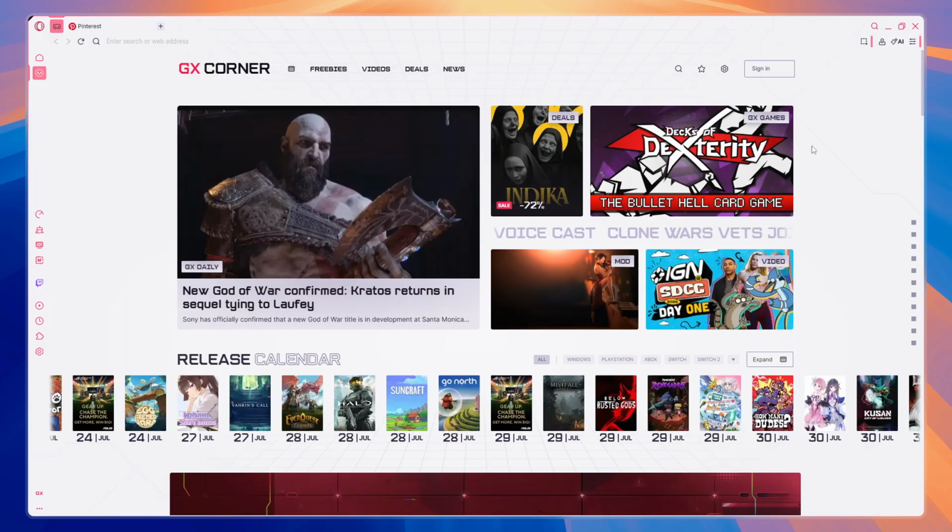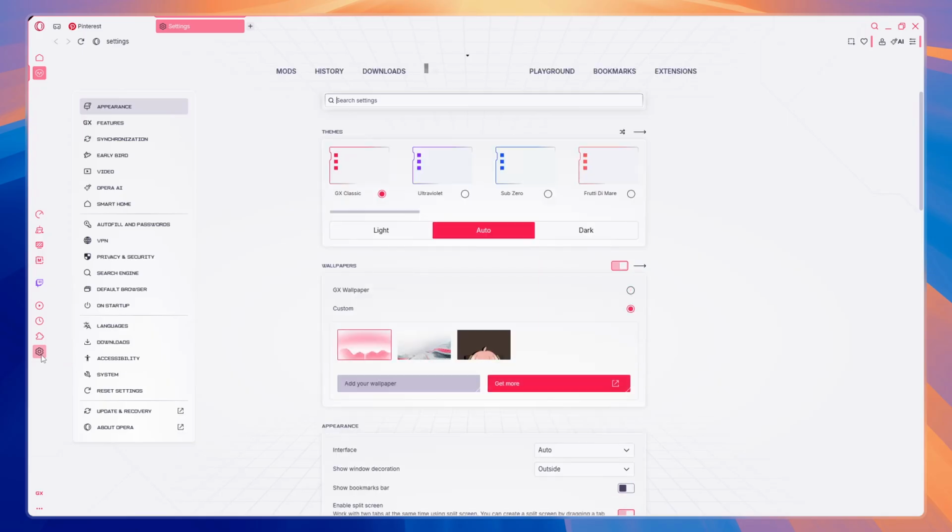First, open your Opera GX browser on your computer. Once it launches and you see your main browsing window, look over to the left side of your screen. You'll notice a gear icon positioned on the sidebar. Go ahead and click on this gear icon to open up the settings menu. This is where you'll find all the configuration options for your Opera GX browser, including the sync features we need